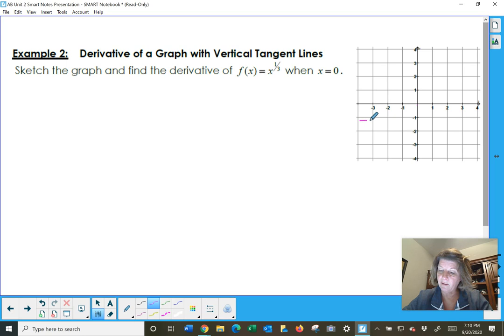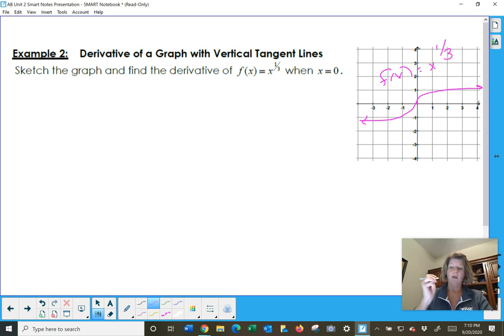It sweeps up at a very sharp rise there in that transition from concave up, bending over to concave down. So this is f of x equals x to the 1/3. At x equals 0, we can see that there is a vertical tangent